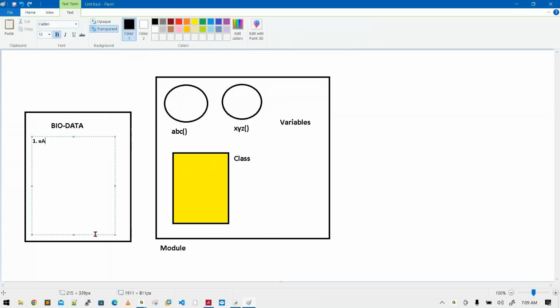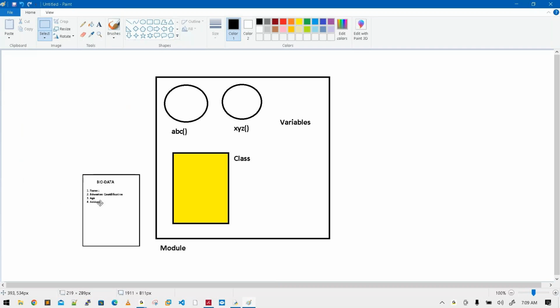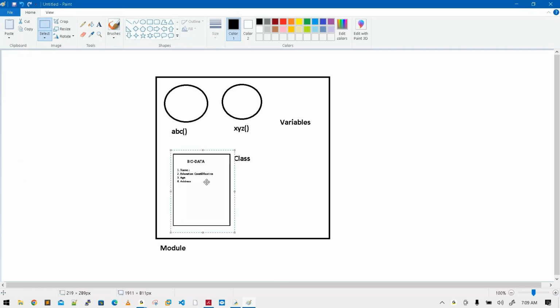For example, name, education qualification, age, other details, address, some other things. So what will they do, sir? I want to get 10 copies, but the person doesn't want to give the original copy. Simply, this is the original copy. If you take the Xerox,